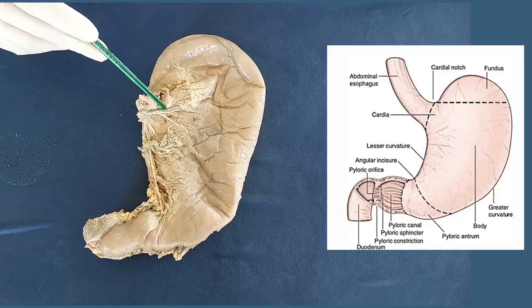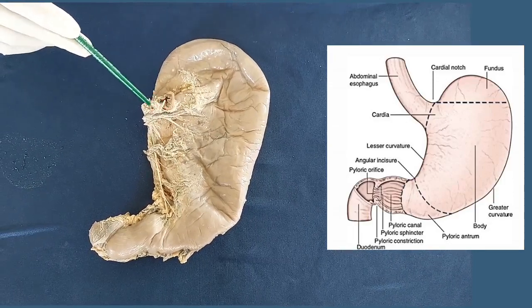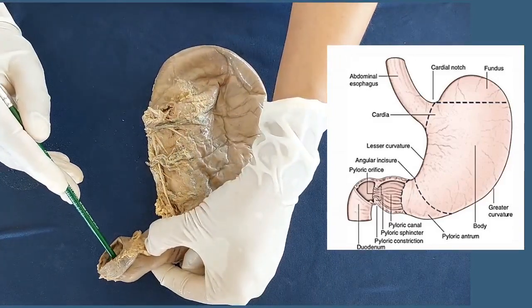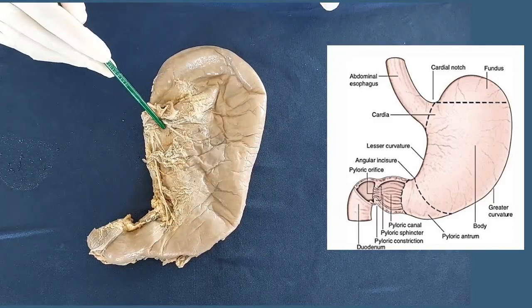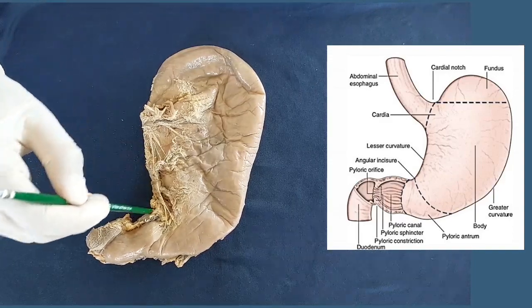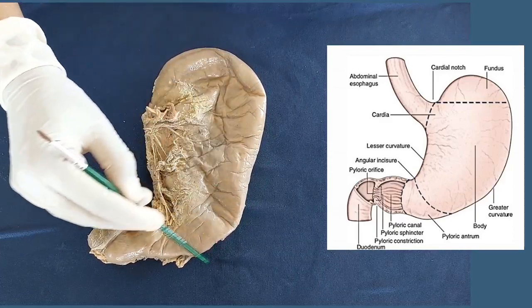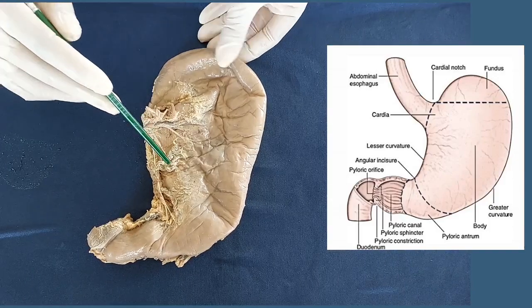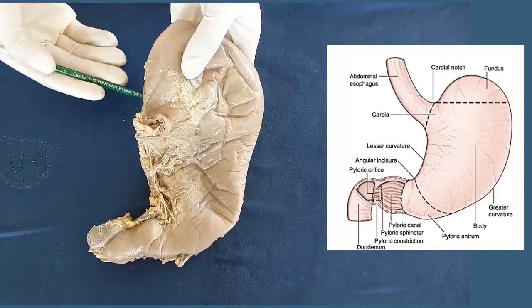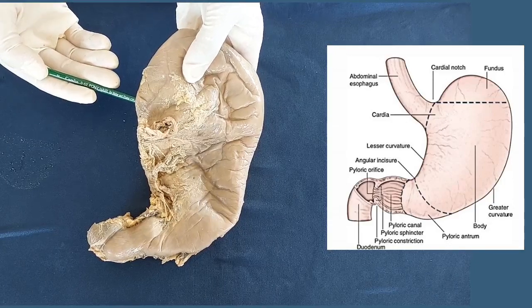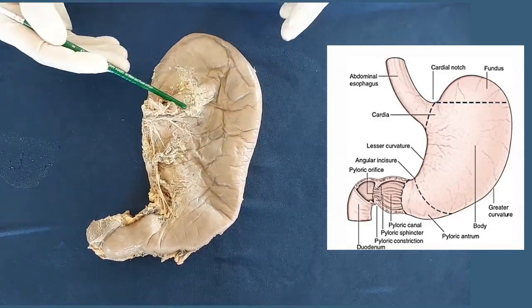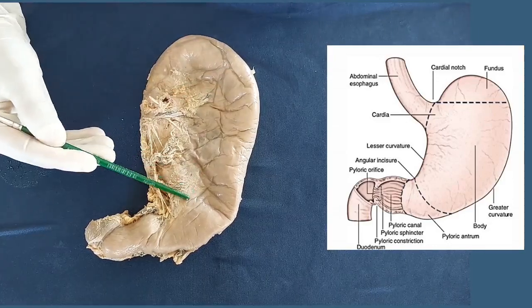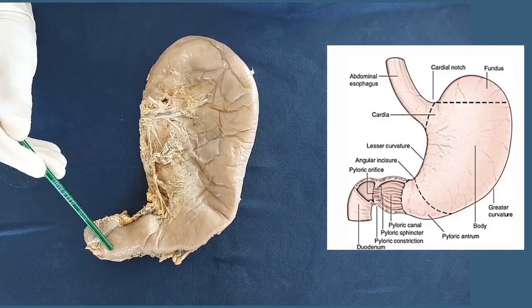Parts of the stomach. The stomach presents two orifices, the cardiac orifice and the pyloric orifice. Two borders, lesser curvature and the greater curvature of the stomach. Two surfaces, antero-superior surface and the postero-inferior surface, and it presents three subdivisions: the fundus of the stomach, body of the stomach and the pyloric part of the stomach.